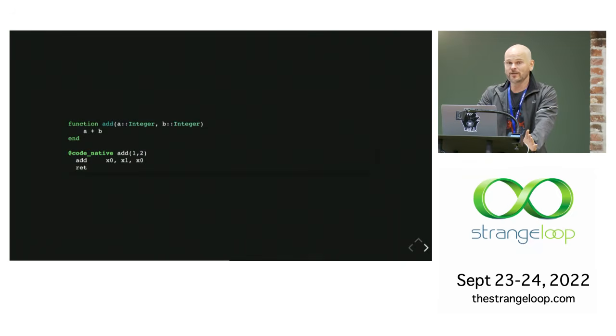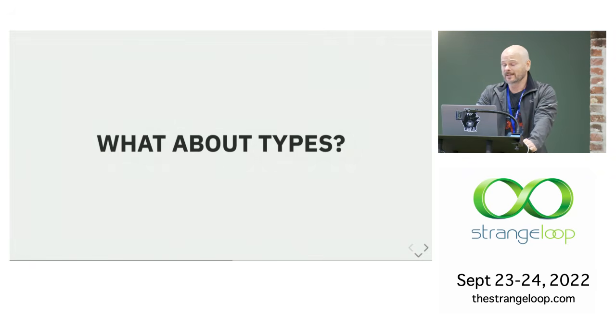So I know a bunch of you are probably allergic to S expressions. Here's Julia. You can do exactly the same thing in Julia. Look at this. You get the native code back for the thing that you just made, and you can change it while it's running. Now, what about types? This is where half of you storm off in anger, right? So I'm going to show you this tweet.